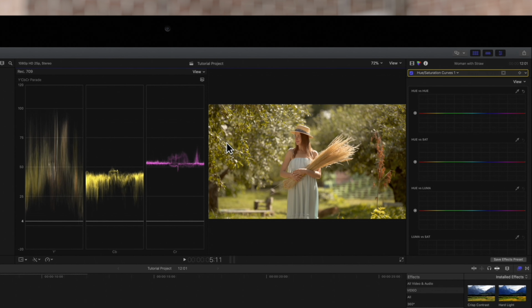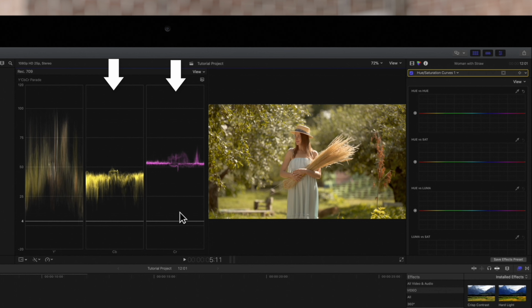CBCR Parade shows us the native color values for our clip. Essentially, Y, CB, and CR are the values by which virtually all videos are stored and transmitted, saving more space than RGB values. Y represents luma, and the color values are shown as CB, which is blue minus luma, and CR, or red minus luma.